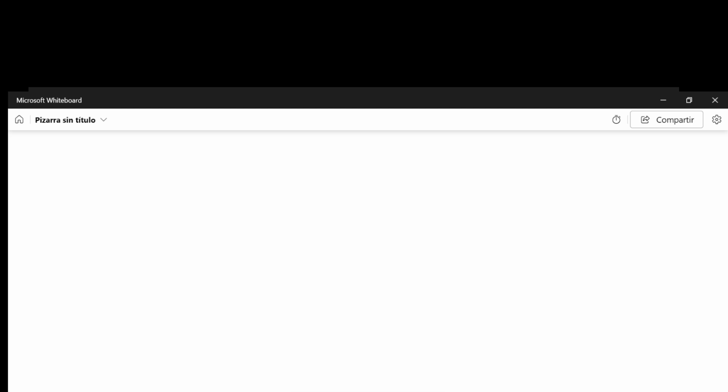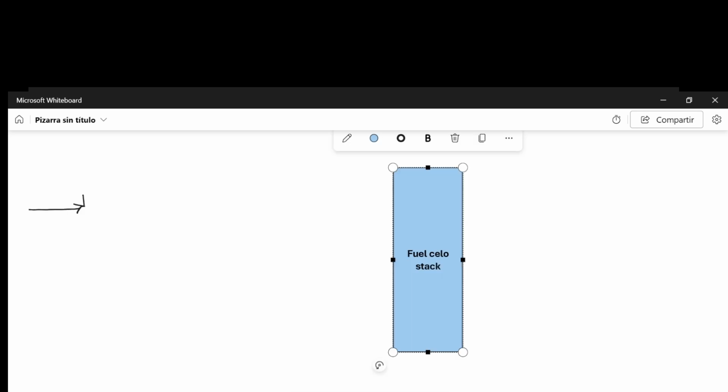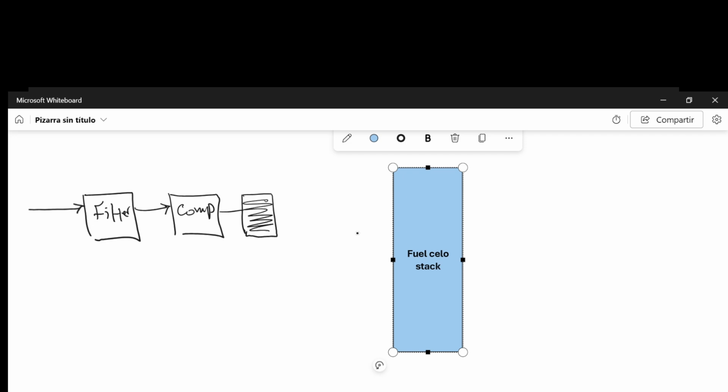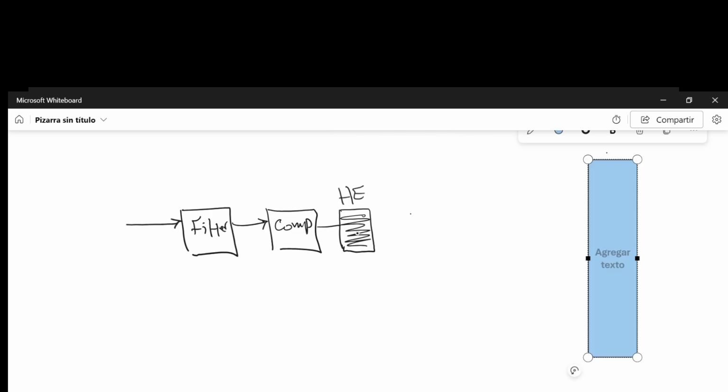In the subsystem that provides the air for the fuel cell system, which components does it have? So the air enters. First we have a filter. Then we have the compressor, and then there is a heat exchanger here. So we have the filter, the compressor, the heat exchanger, and after the heat exchanger we have